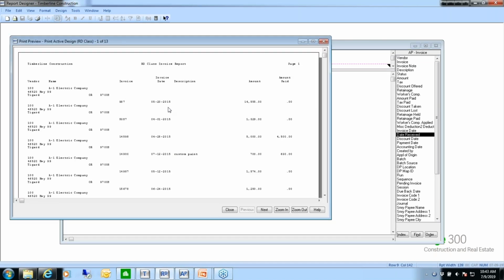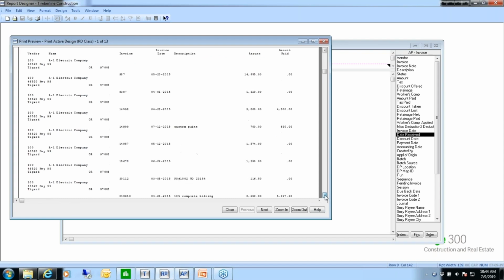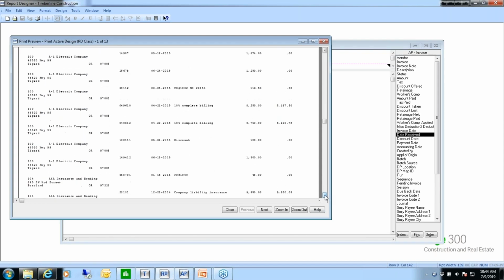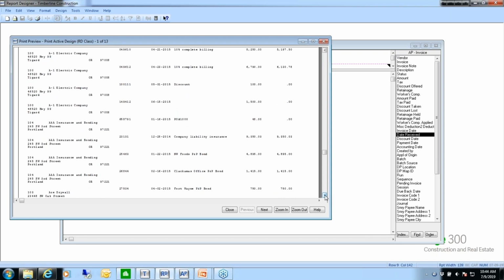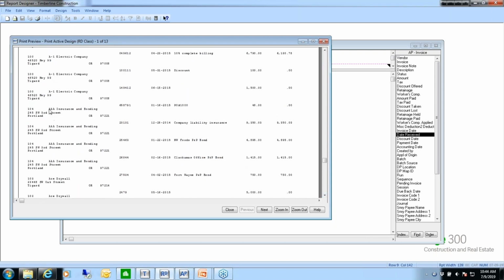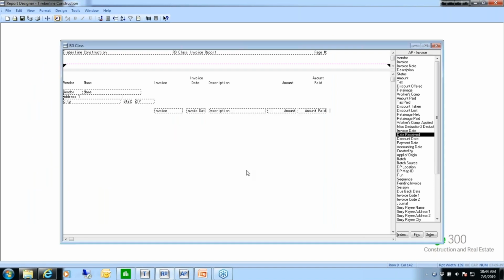And now we are in alphabetical order. Now it's kind of changed up a little bit here too. Let's see. We're getting all of this information repeated. Okay, so the A1 is followed by AAA, and then A drywall. So it's not in vendor ID order anymore. I'm going to close that. Now, by making that change, I changed how often these fields are going to print. So let's talk about,